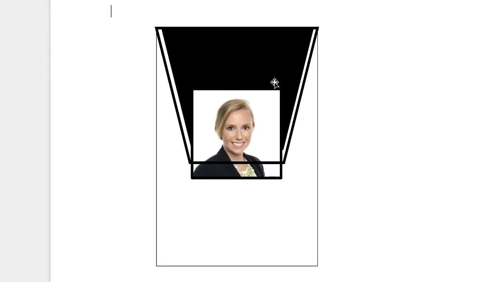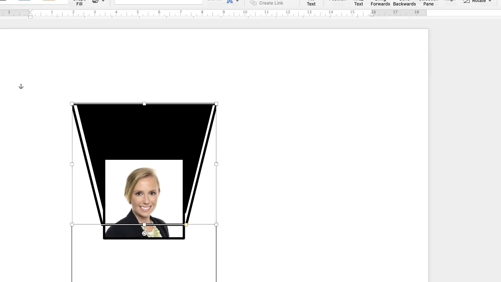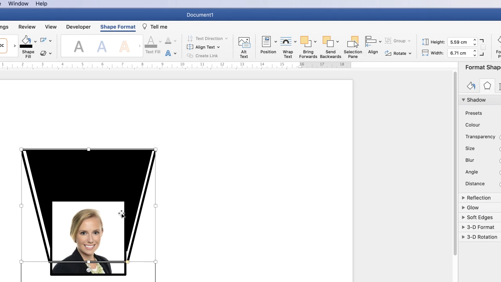So now you can see that this shape here is not aligned either. So I've just realized that what we've actually done is we've highlighted the outline shape and not the black shape. So what I'm going to do is I'm going to send this shape here backwards. So highlight it, go to send backwards. Then I'm going to click on it again, and although you can't see anything actually happening, it's sending it behind